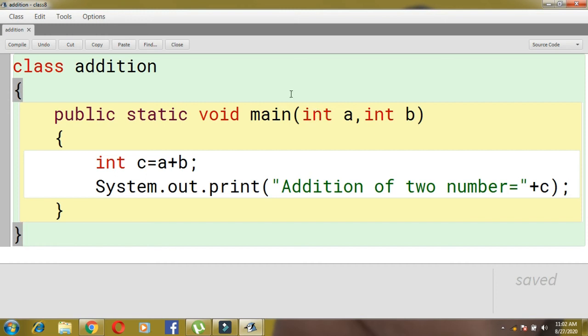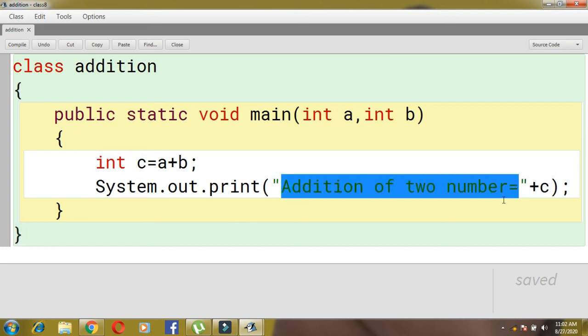So int c, and finally the process is over. So for displaying we'll use System.out.print without space, where S is capital, and inside that if you want to display the message you have to use double inverted comma. You can write anything. This part is user defined, children. We can write in small letter, capital letter, doesn't matter, because this is the thing which the compiler is not going to check. The same thing will be displayed on the screen.